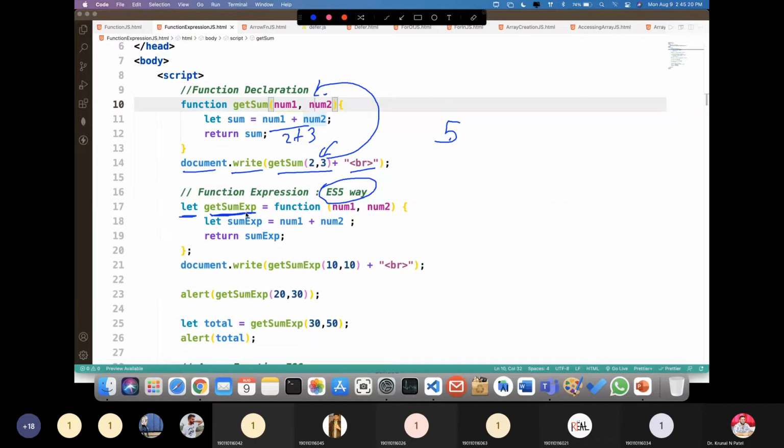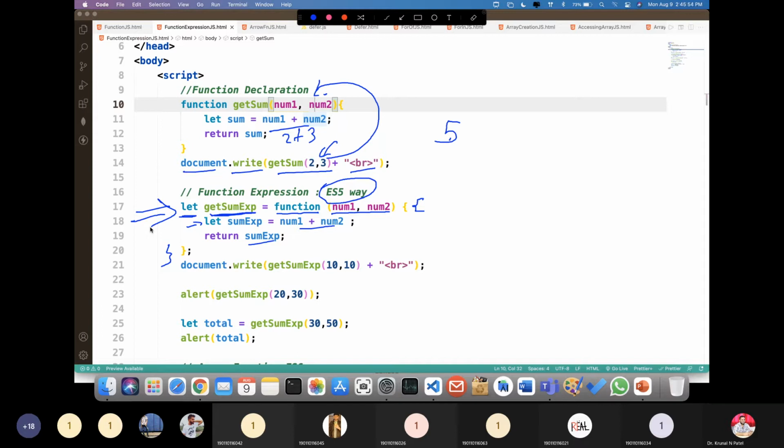It is equal to, we are going to use the function keyword. We are passing some parameters, number1, number2, and here you can see curly brackets from here to here, right? So the logic is the same. Let sum equal num1 plus num2 and return the sum, right? But this particular line is different. You can see over here that our variable name behaves as a function from now onwards.